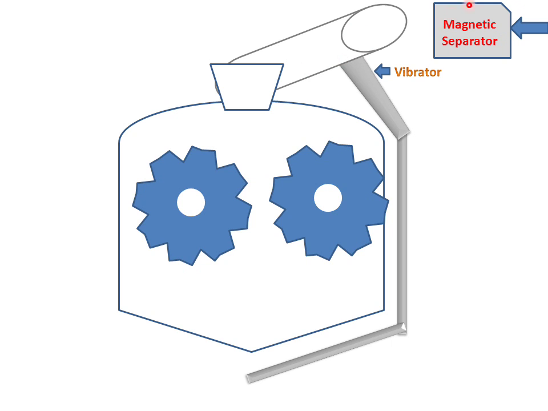There is a magnetic separator. When coal comes, the ferrous or iron particles in the coal are separated by the magnetic separator, and the ferrous metal is taken out with its help, so that our crusher will not be harmed by the ferrous or iron metal. Then the coal will go to the pan.